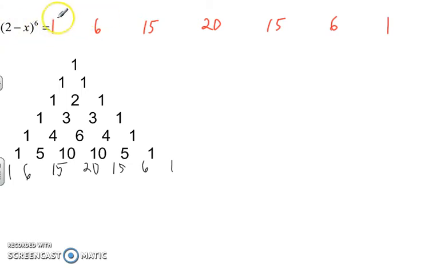So 2 to the highest power, so this would be 2 to the 6th times 2 to the 5th times 2 to the 4th times 2 to the 3rd times 2 to the 2nd, there's a times sign there, times 2 to the 1st times 2 to the 0, which is 1, and negative x to the 6th. So this would be in parentheses when it's negative especially. Negative x to the 6th, parentheses negative x to the 5th,